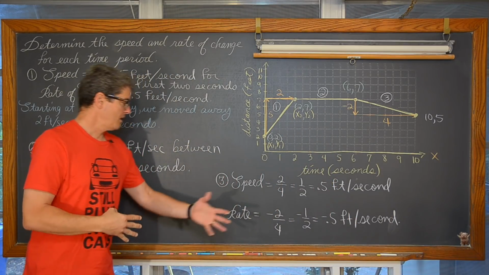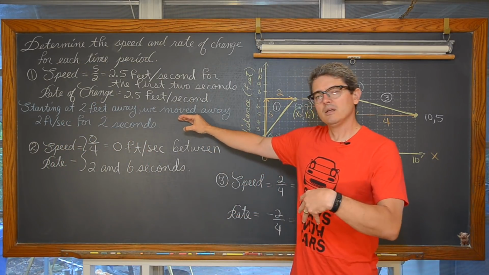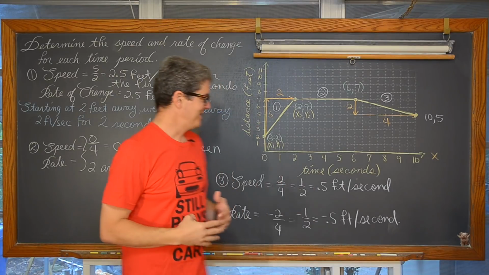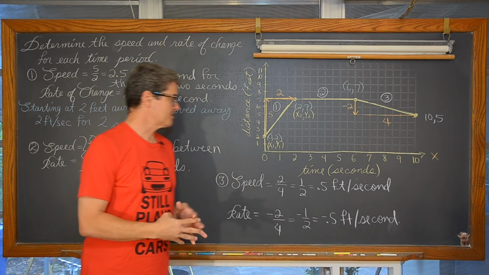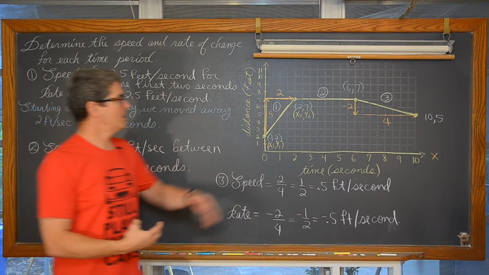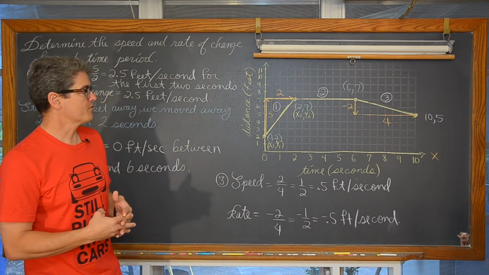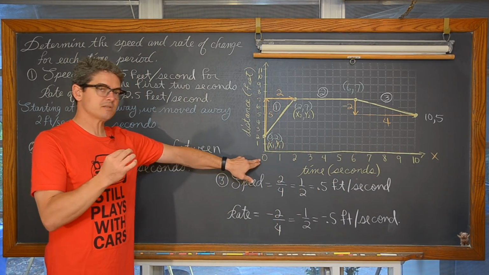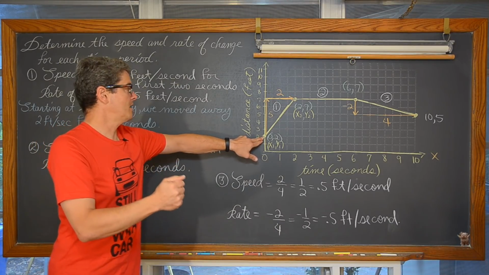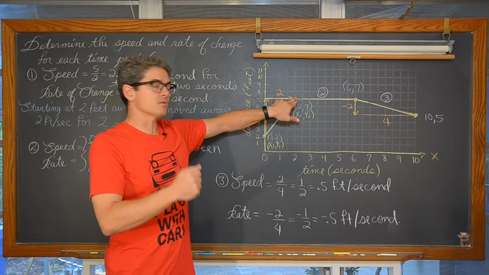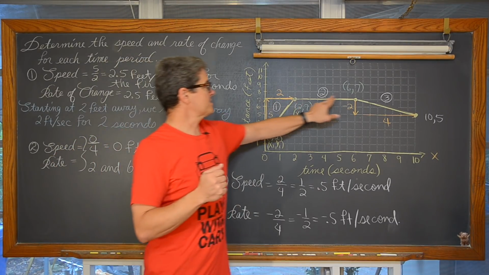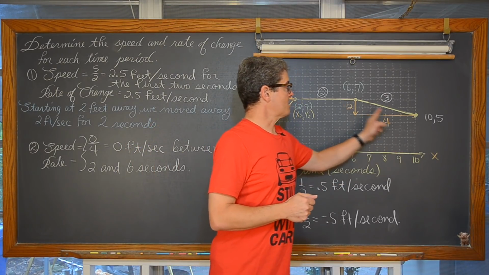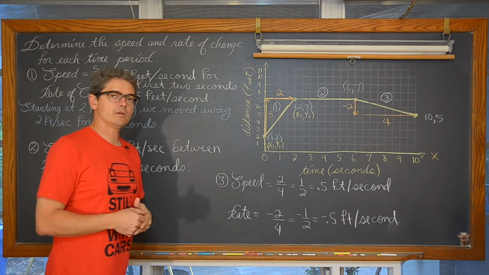Now I'm going to step off here and, like I did in my first example, kind of interpret what these numbers mean in a sentence, or like a little mini story, if you will. How can I use these two values in a description of this movement over the last 4 seconds, from second 6 to 10 seconds after we started the stopwatch? Basically, hey, you're 2 feet away. Click. For the first 2 seconds, I move up to 7 feet away, or 2.5 feet per second. Then for the next 4 seconds, we're standing still between seconds 2 and 6. And in the final 4 seconds, we start moving back towards whatever this object is that we're measuring our distance from.